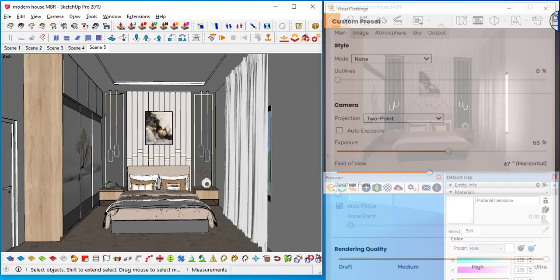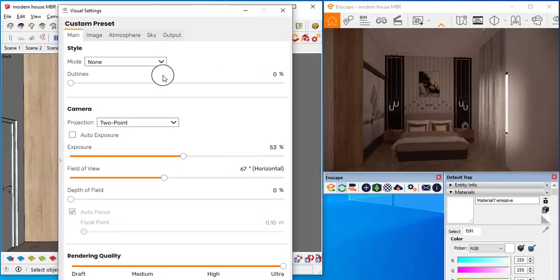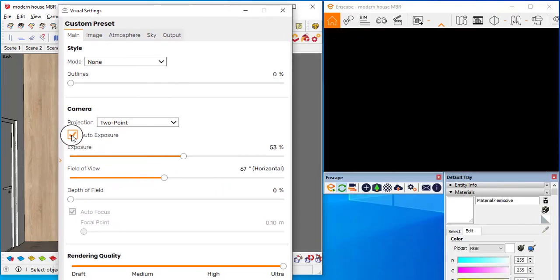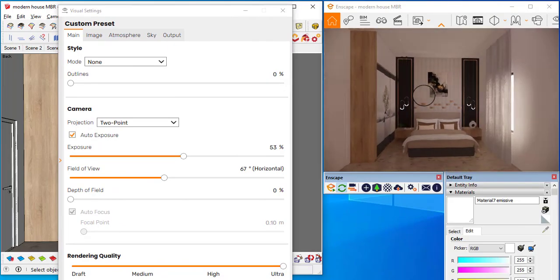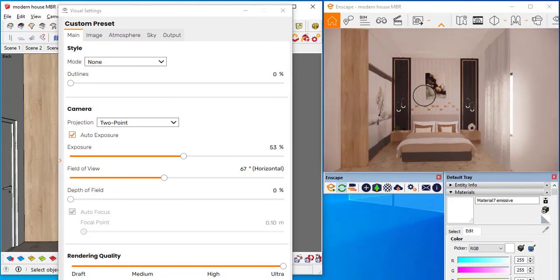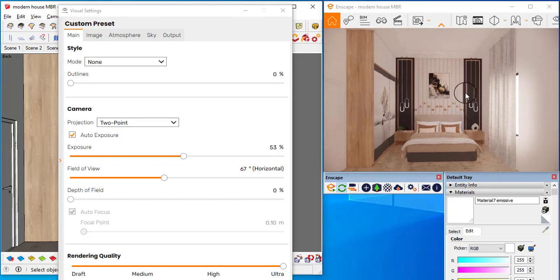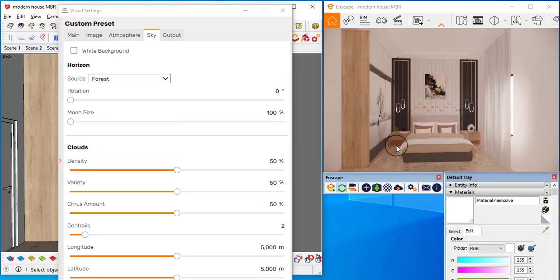If you click here, it will open the visual settings. I will set the exposure to auto. Once you move it, you will get some lighting inside the scene, right? But it is not that good. We are not getting that much lighting inside the scene.